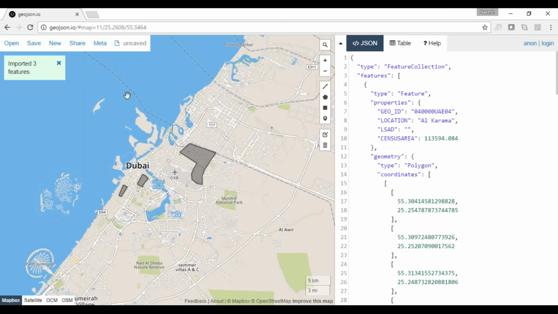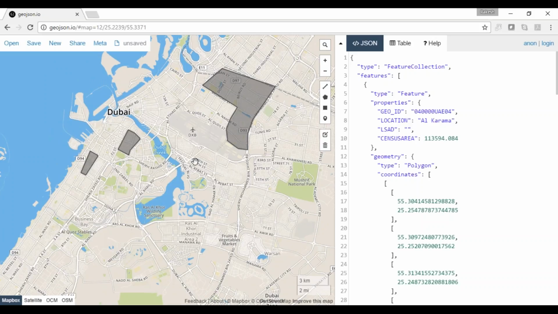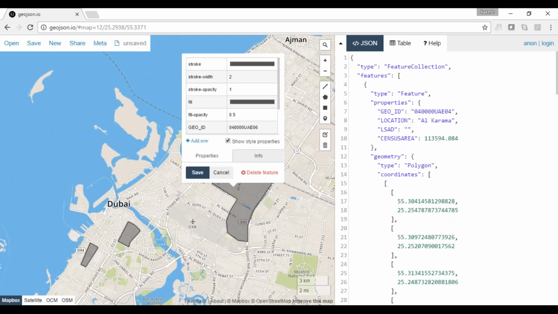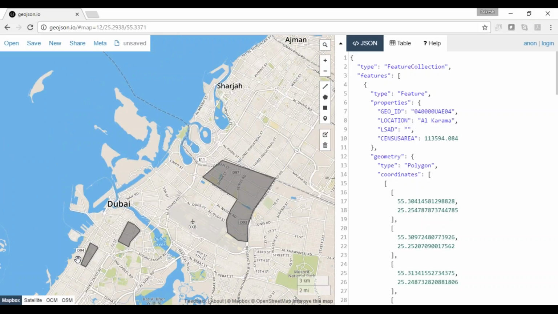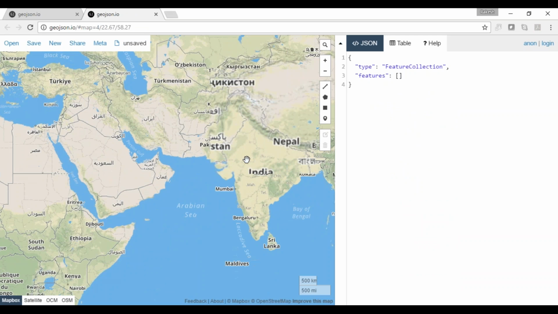This GeoJSON file is nothing but the areas defined. You can define your own GeoJSON file based on your requirement. For example, I have defined a GeoJSON and created 3 different areas for Dubai. This is one area, this is second, and this is third. To create a GeoJSON file for India or some particular area, you go to that area,